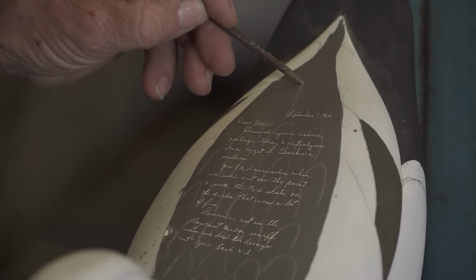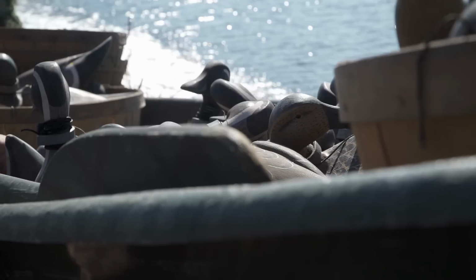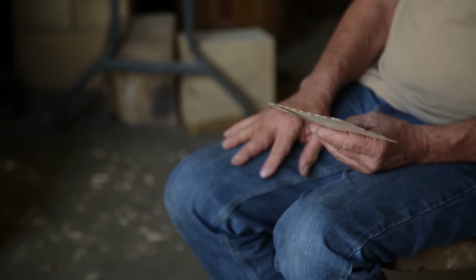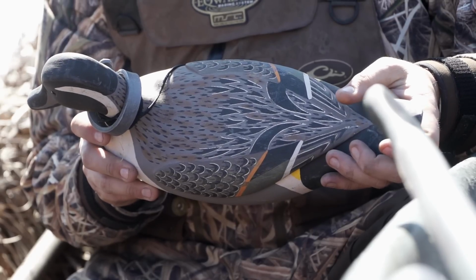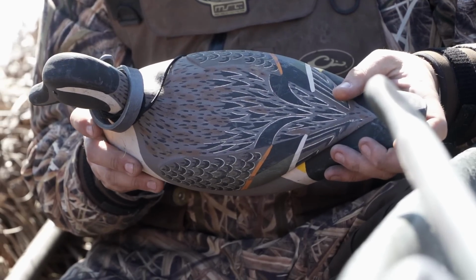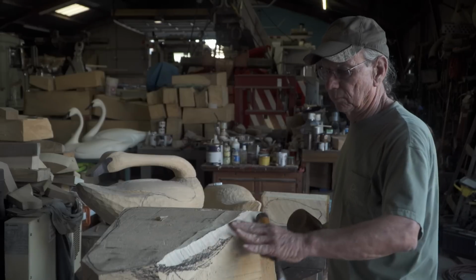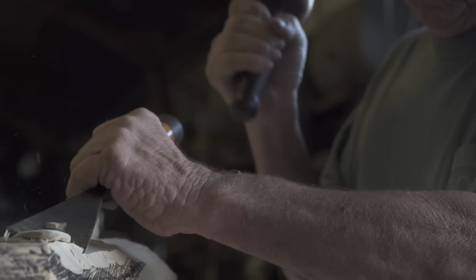You, Earl, and I. Well, you know, duck hunting goes back in my family a long time with my father and my other relatives. And it's from my uncle, Cal Kingsmill, who I'm named after. And he's talking about duck season and the kind of decoys he's going to have for duck season. He literally said carving is basically like therapy. And you can tell as soon as he swings that mount and that first chip flies off, he's in another